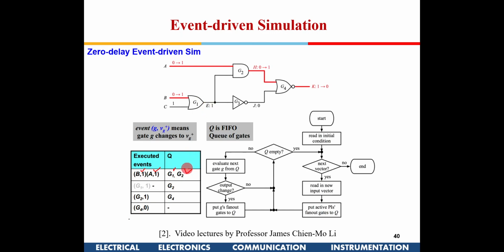I'll keep doing this until I get a 0 in this FIFO. Now I have put two gates here. In the next step I will get one of the gates here, first in first out, G1,